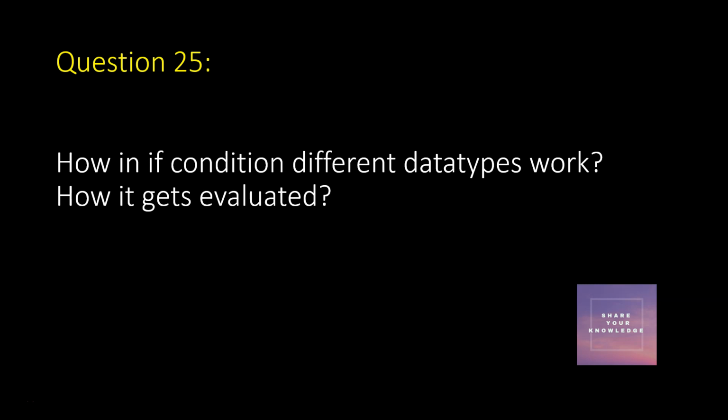You can put an array, you can put an object, anything you can put. You can put a NaN or a null or undefined, anything. But you know that in an if condition only a Boolean will work. True or false only will work. How does this value become converted to true or false, a Boolean value, so that JavaScript can execute the if condition statement? We will see today.